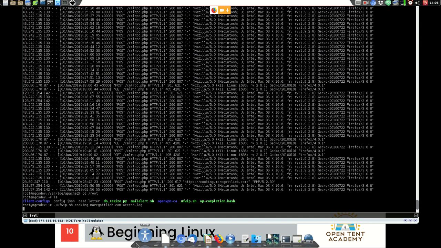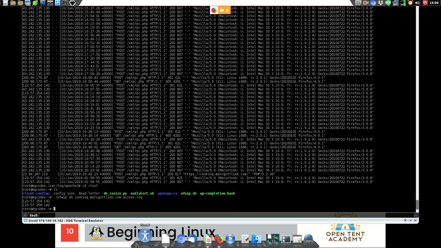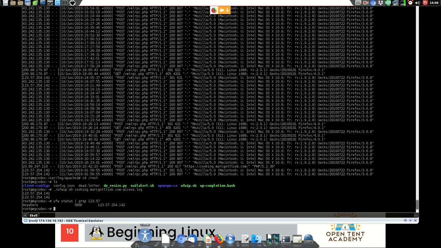Okay? It reads through the log. It finds the IP addresses, and now 54.57.54.142 is denied to my server. That's it. You keep trying to attack me. Right now, my server will simply deny the request. They can no longer get in. Okay, that's great.